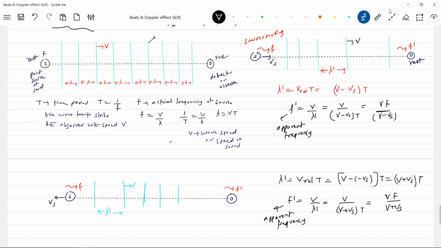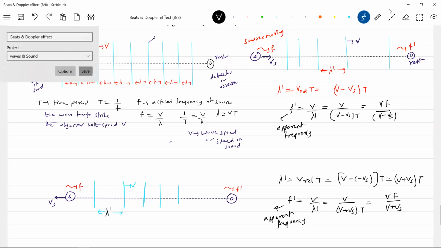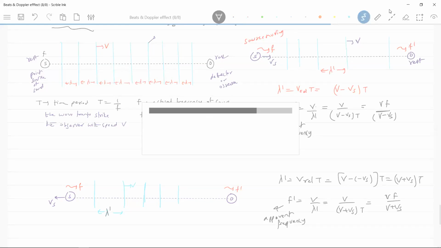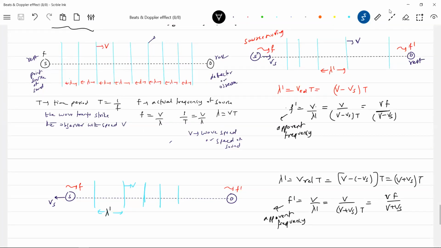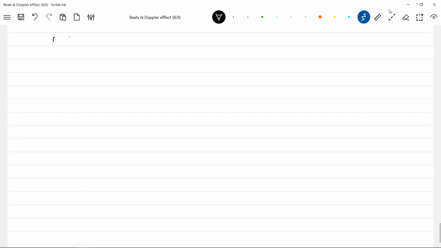So what is the wavelength? I think the wavelength of the waves received by the observer will change when the source is moving. When the source is at rest, the wavelength is not going to change. Okay, later I'll stress it in detail. Okay, if the source and observer both are moving, then sir, how do you manage things? Both source and observer